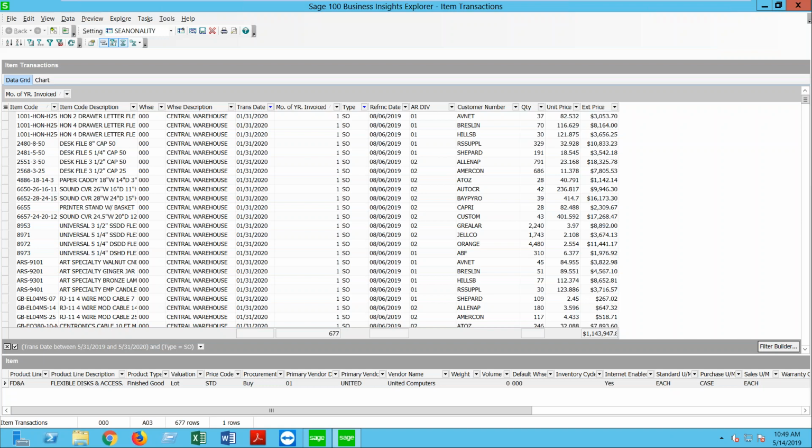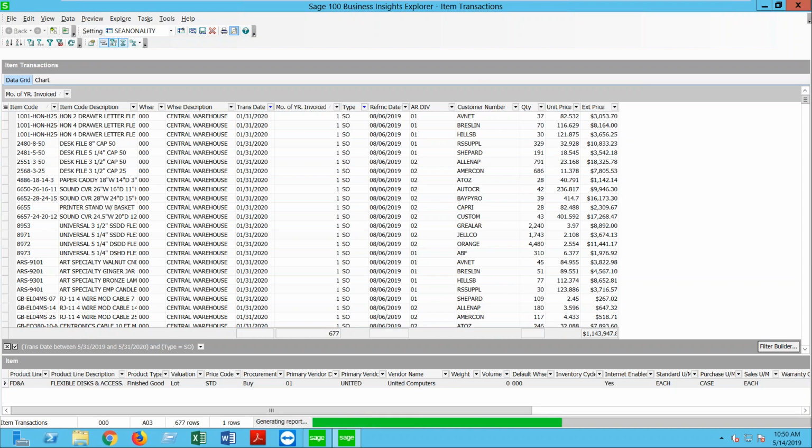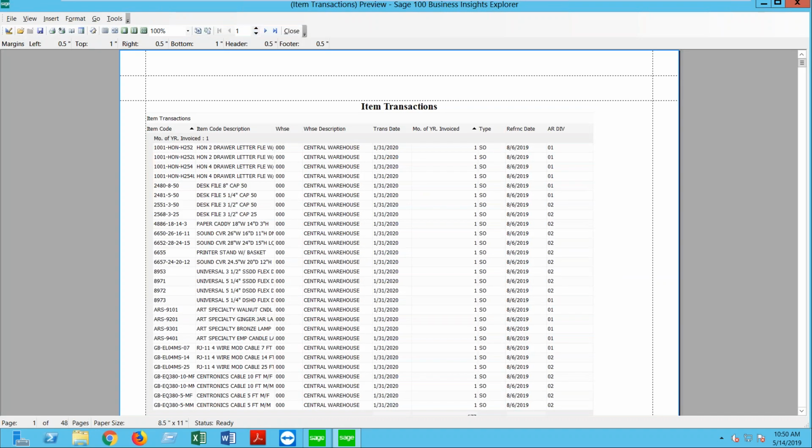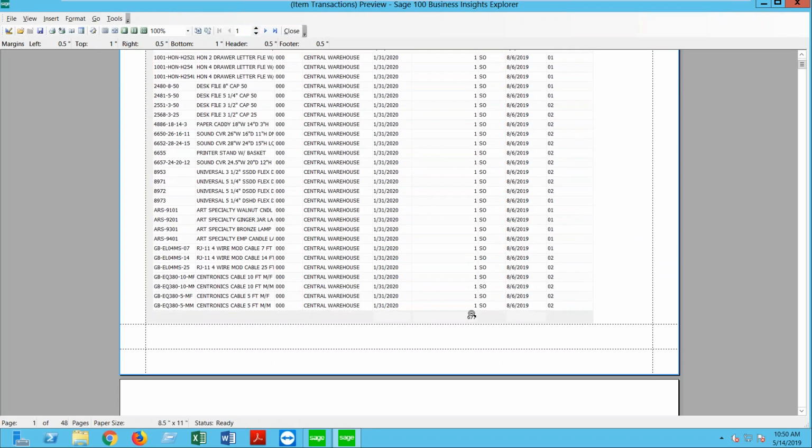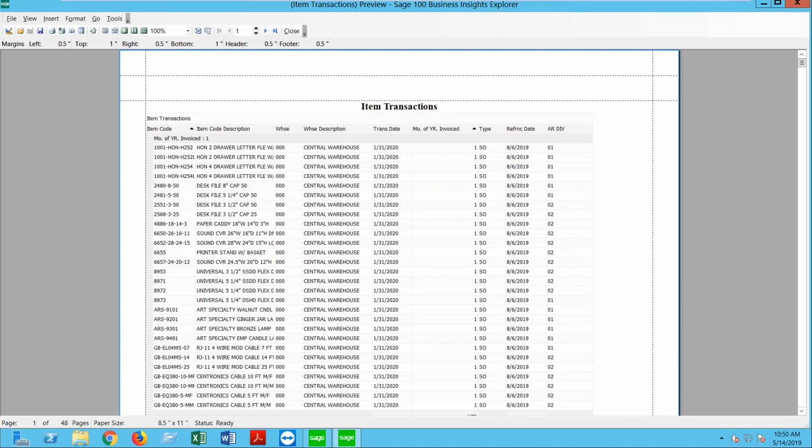All right. Now let's talk a little bit about printing. So unlike the export, if we said print preview, it does keep your groupings. So if you print a report, unlike exporting it to Excel, it will keep your information. You can mess around with this. You can go to the